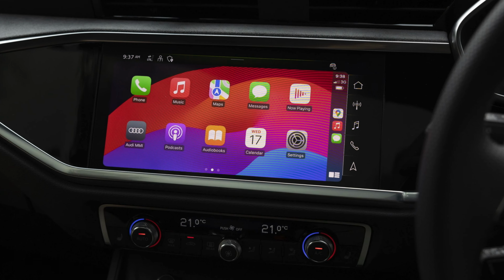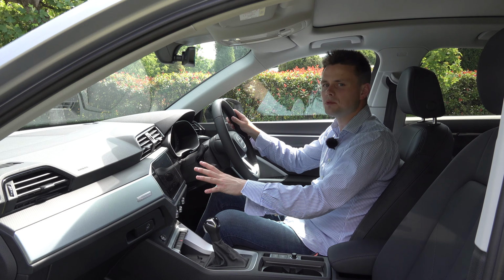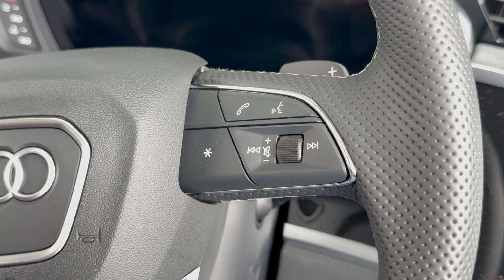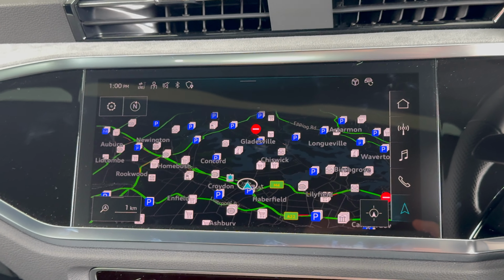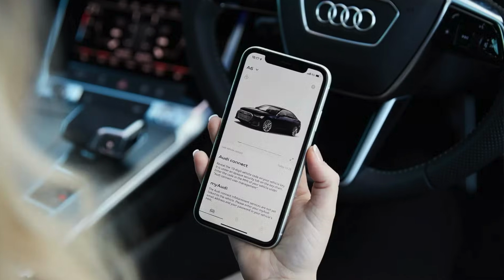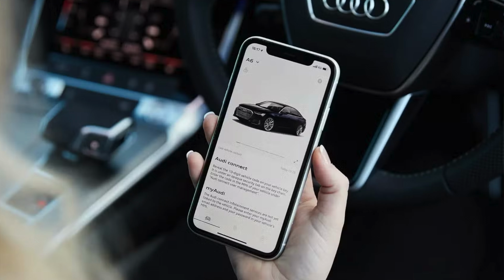And you've also got wireless Apple CarPlay and wireless Android Auto. You can also enable Siri within the voice control, or either use the standard voice control. And on top of that, inbuilt satellite navigation with 3D mapping. You could also download an app on your phone to enable remote locking and unlocking, locating the vehicle and accessing